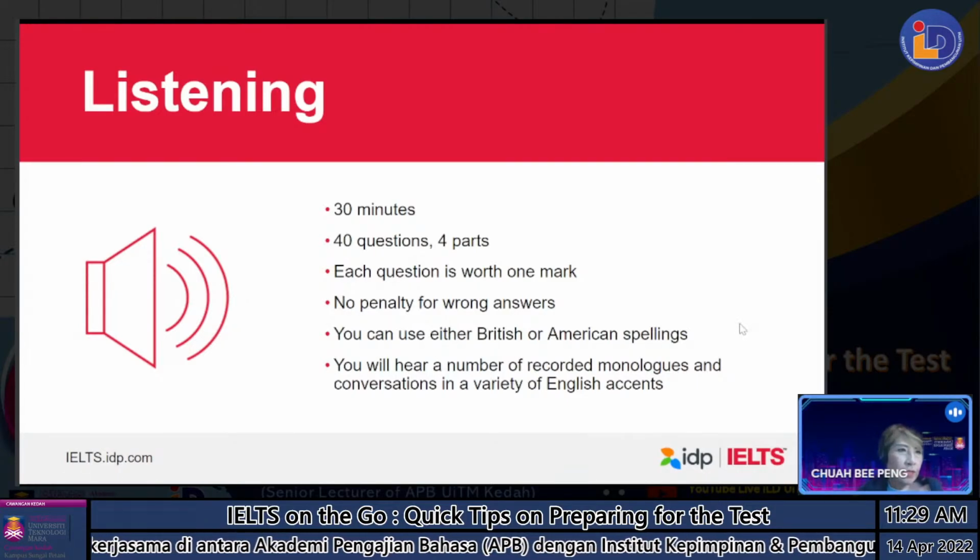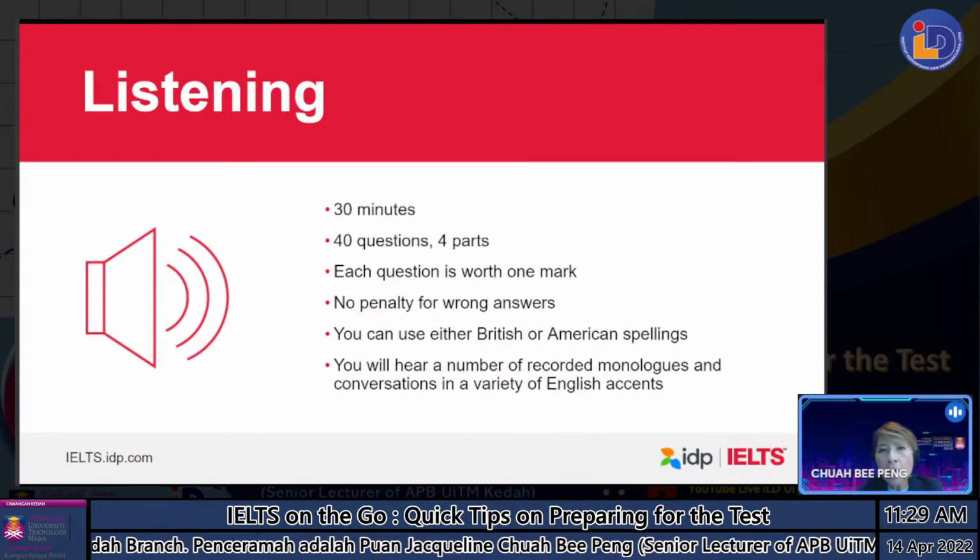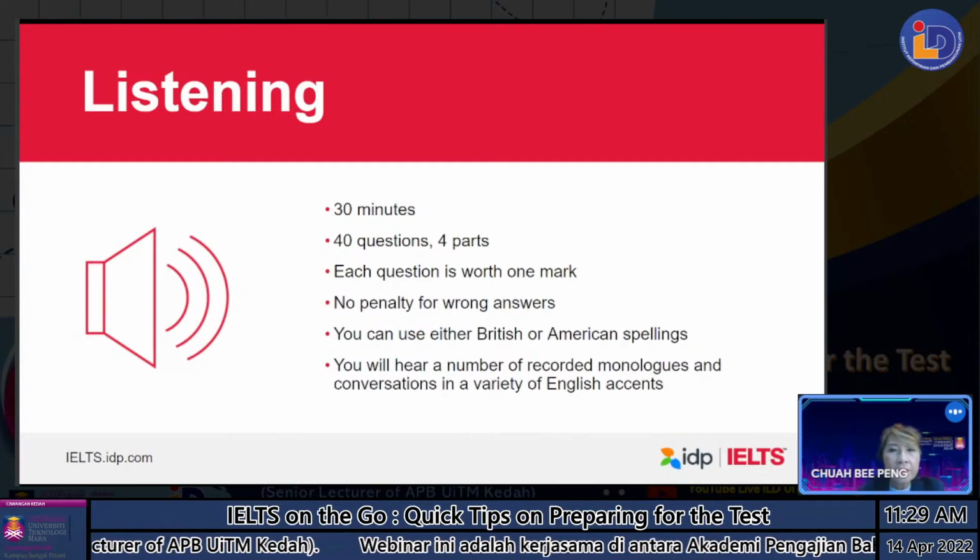You know the difference between color, COLOR, and COLOUR. You can use either one, but you must use them consistently, especially in your writing. You don't write COLOR in one sentence and COLOUR in the next. Then it may be perceived as a kind of error. So you can use either one.